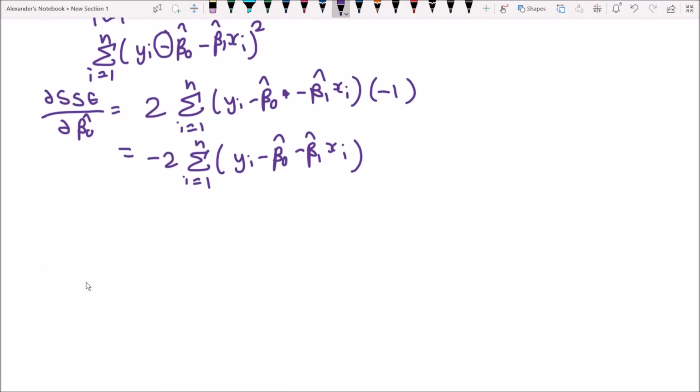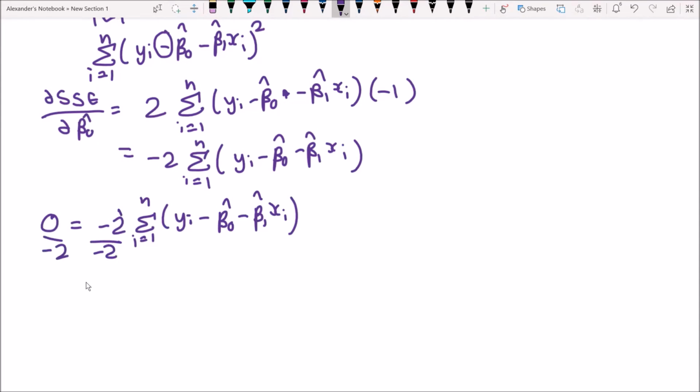Now, if we're looking for maxima or minima, we need to set our derivative equal to 0. So we equate this derivative to 0: 0 is equal to negative 2 times the summation from i = 1 to n of this part over here. As we can see, there's a 0 on that side, so let's divide by negative 2 on both sides to get rid of the negative 2. We're left with 0 is equal to the summation of yi, from 1 to n, minus